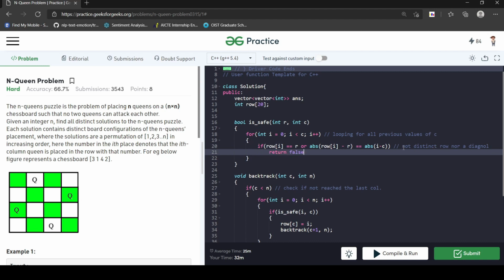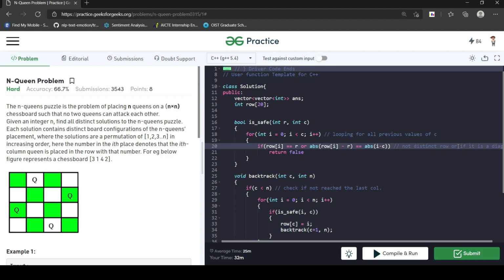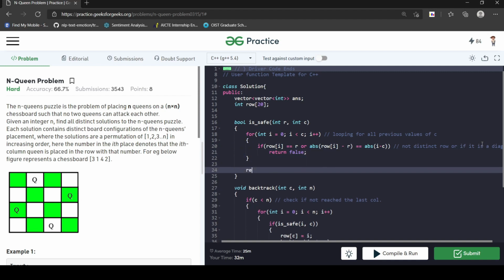If it is not distinct or it is a diagonal, then I will return false, otherwise I will return true.